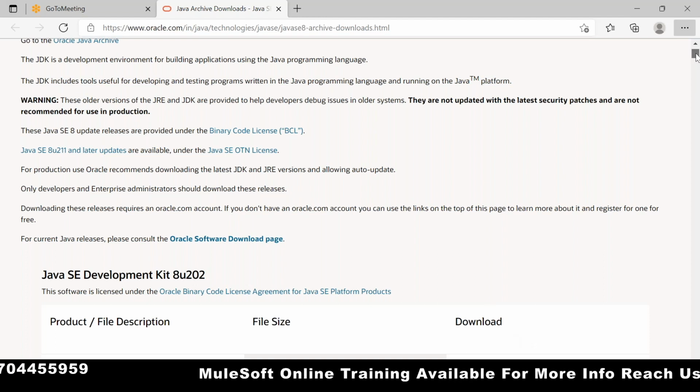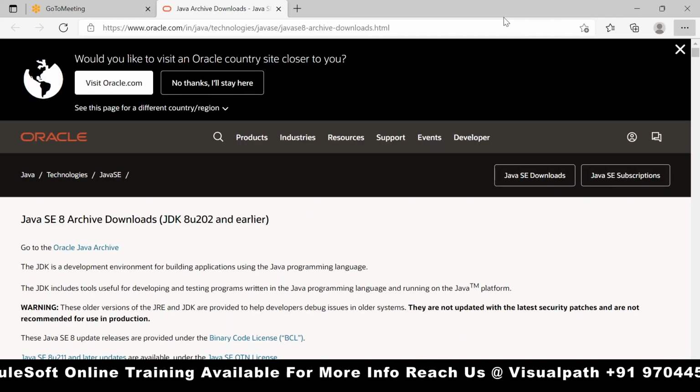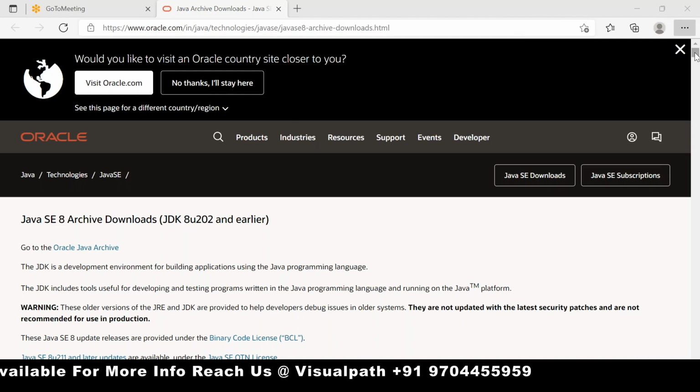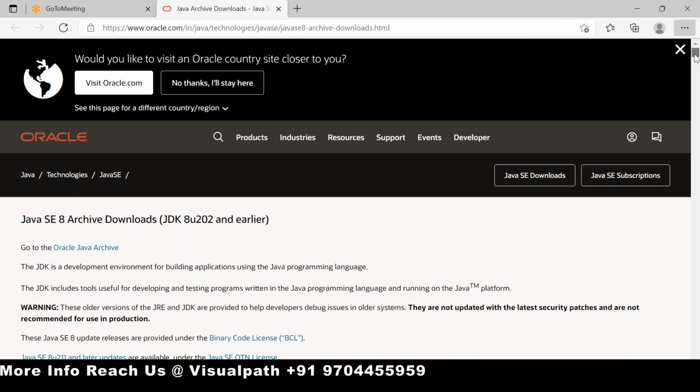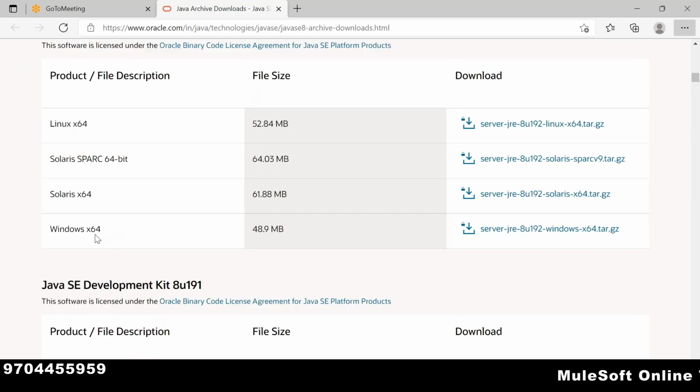Yeah, I did it. Okay, this is the same one which is open. Scroll down. Choose the Windows 64-bit x64. This one? Yes.